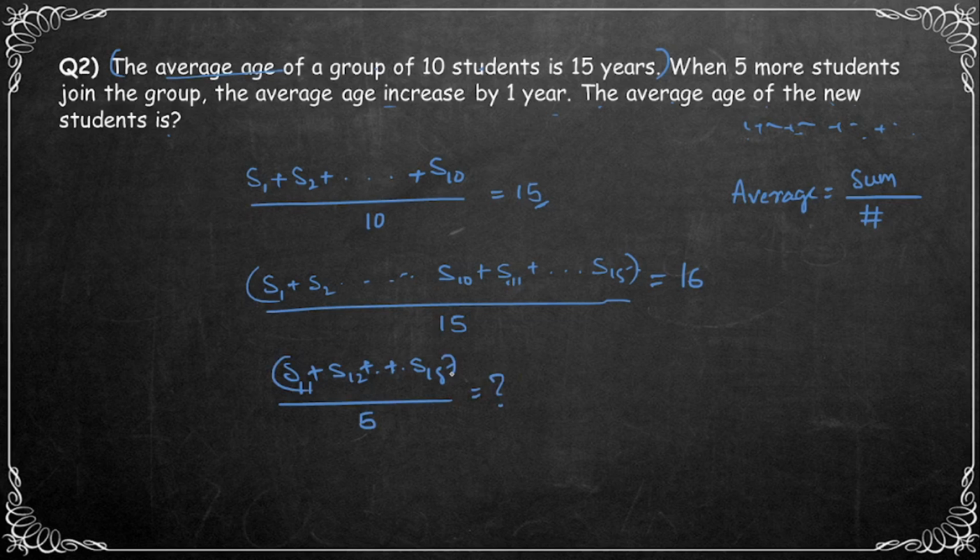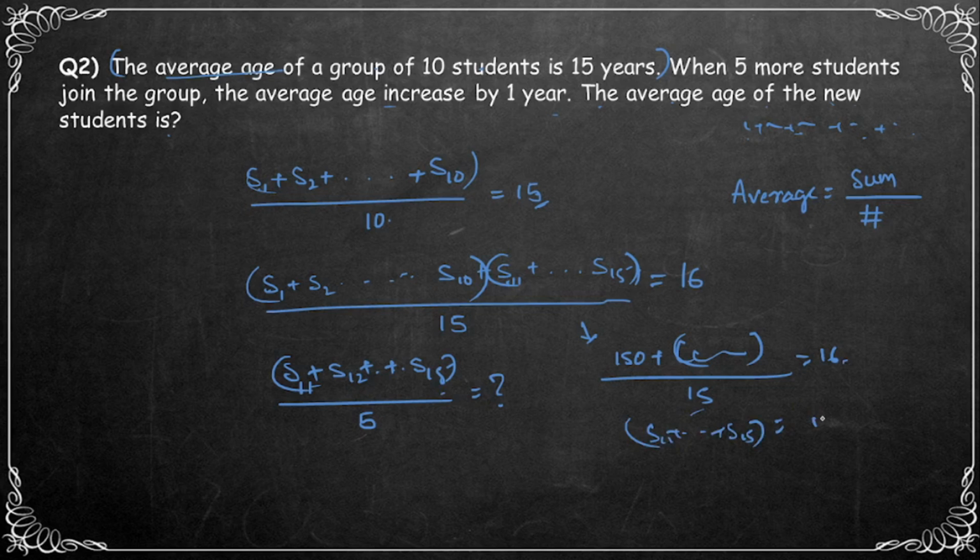So to find the sum S11 plus through S15, we need the sum of S1 till S10. From this equation we can see that S1 till S10, if we add them, we get 15 into 10, that is 150. So we can rewrite this equation as 150 plus the required sum, divided by 15, is equal to 16. So the S11 till S15 sum is equal to